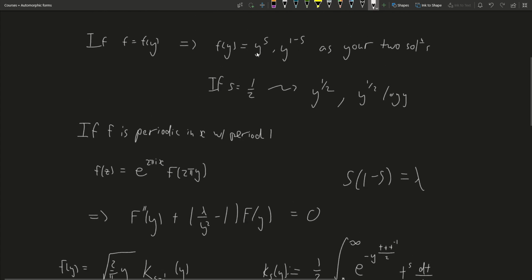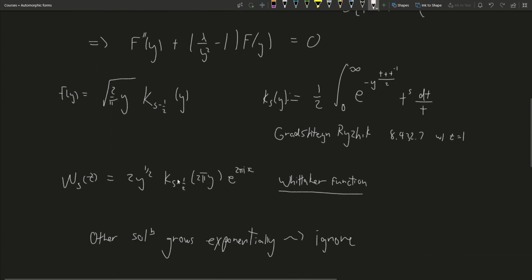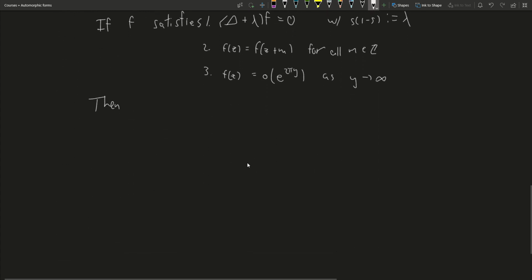There's the constant stuff, which is y to the s, y to the 1 minus s, unless s is 1/2. And there are the non-constant ones, which are these Whittaker functions. And so the conclusion to this proposition is that f of z has this Fourier expansion, if you will,